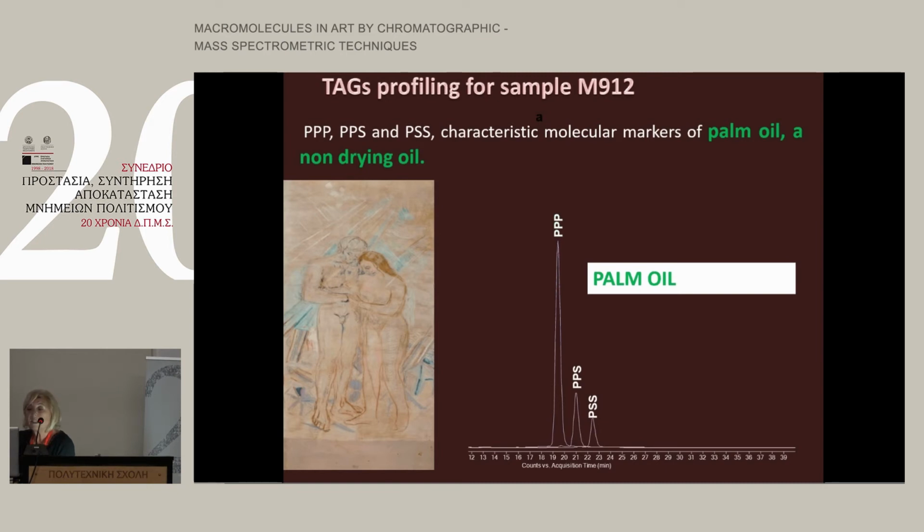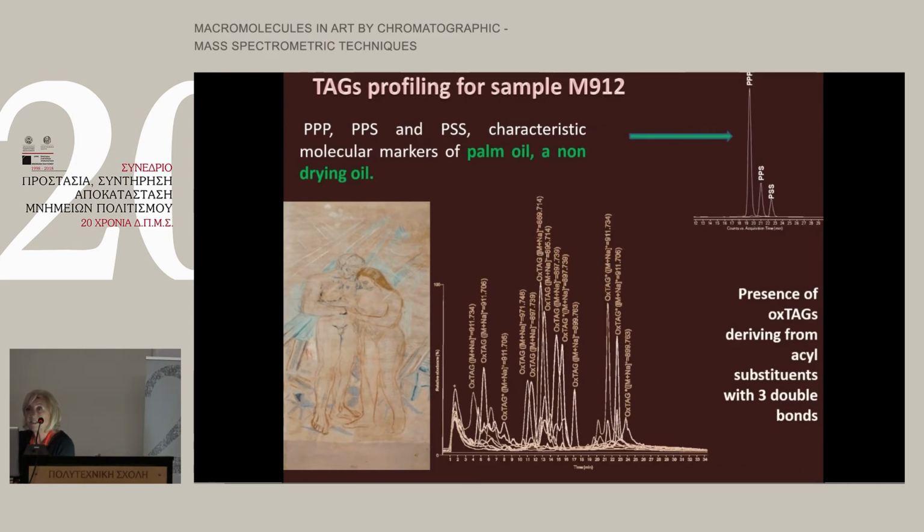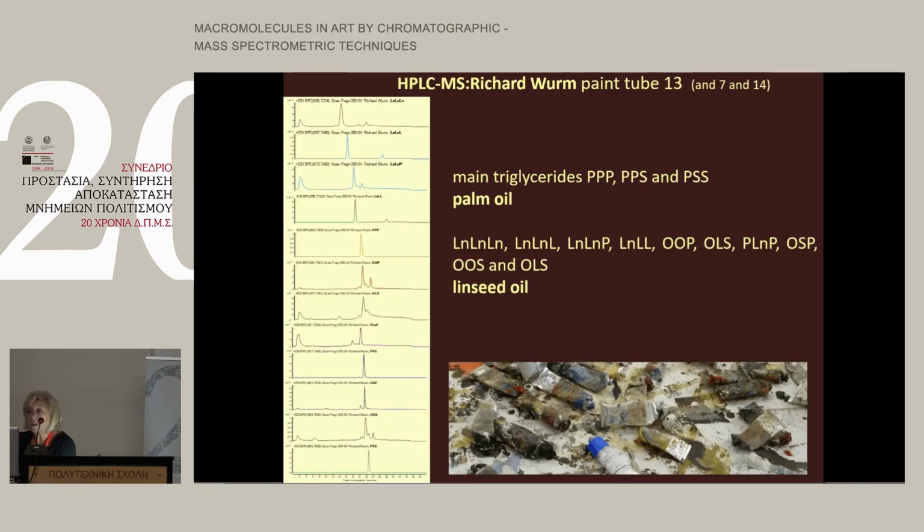Well, palm oil is a non-drying oil, but in the GCMS we have seen the presence of a drying oil, so it must be something else in this chromatogram. Indeed, if I look, I can see all the oxidized molecules of linseed oil, and so I can conclude that this sketch, which has a lot of problems for conservation because it is sticky, so it means that the restoration is very difficult, and I can say that in this case